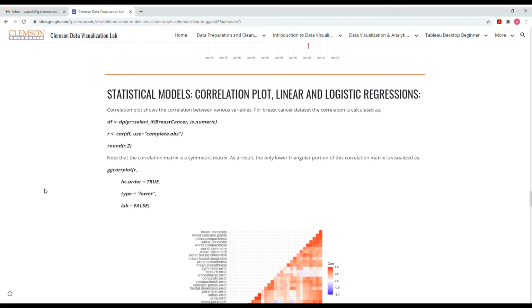Statistical models, correlation plot, linear, and logistic regressions. Correlation plot shows the correlation between various variables. For the breast cancer dataset, the correlation is calculated as follows. Note that the correlation matrix is a symmetric matrix. As a result, only the lower triangular portion of this correlation matrix is visualized by using the ggcorrplot library,